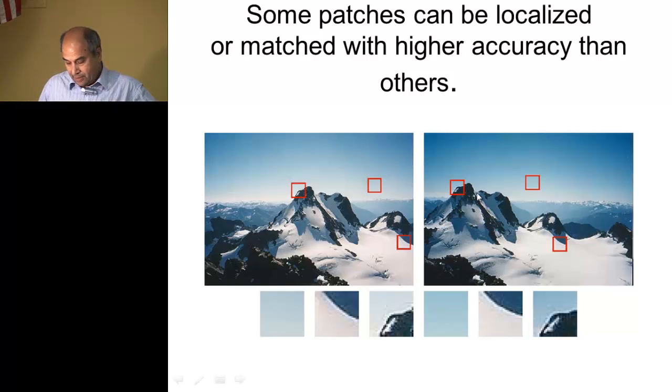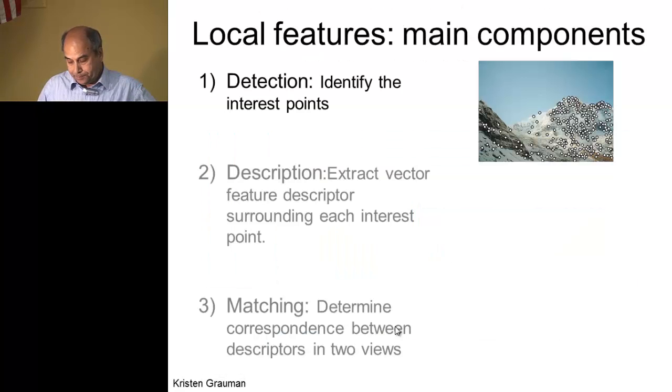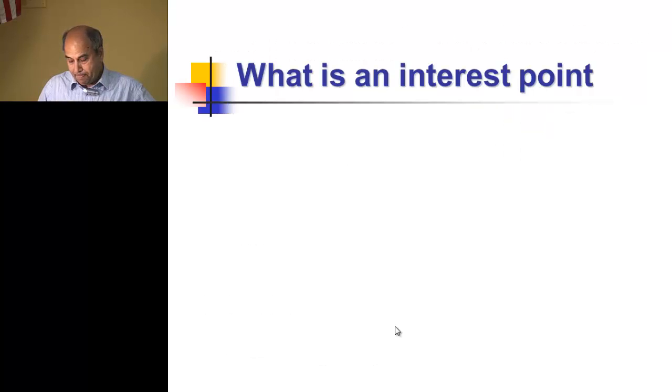So as you see, this kind of descriptor, this kind of appearance, is very ambiguous because it can match anywhere. This is a problem here. This is also a problem because a flat region, we will find something like that in many places. But this one is a little better because this is a more unique kind of profile, which we can match easily. So detection is one important thing,